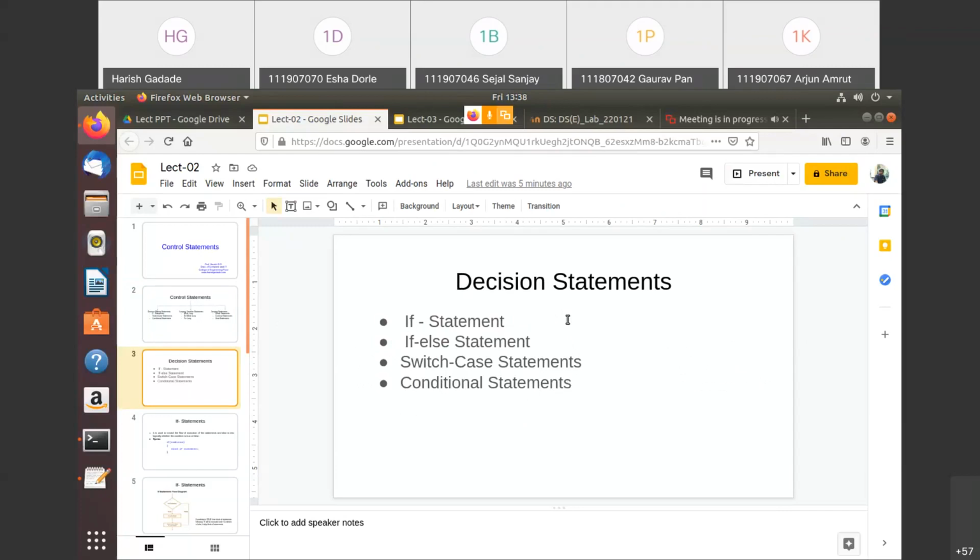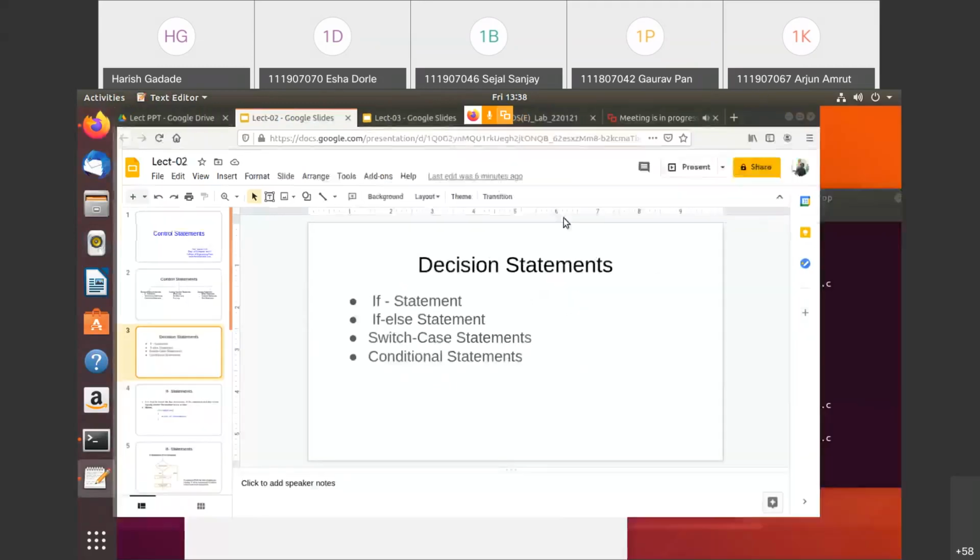Also, we have seen the conditional statements, but in one example, we were having some kind of error. That error was because I had copied that code from this PPT, and while copying, I had just copied some special symbols, so that's why it was not working. But now I'll show you that same code here.